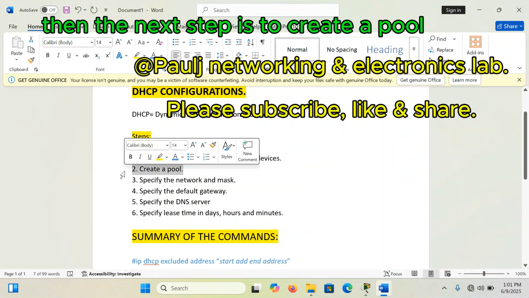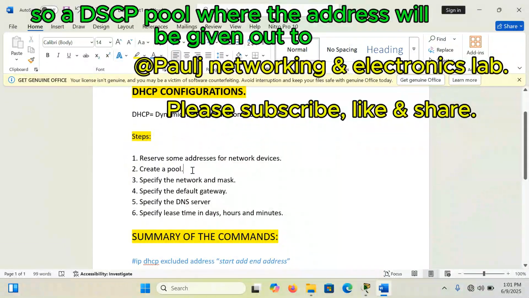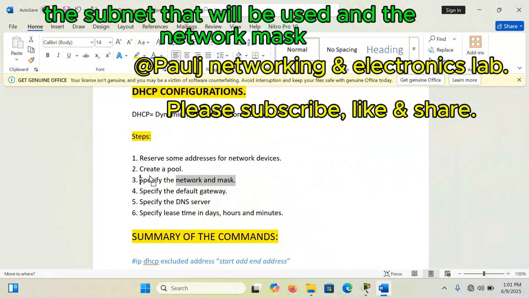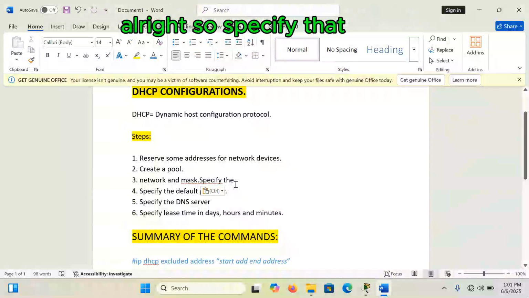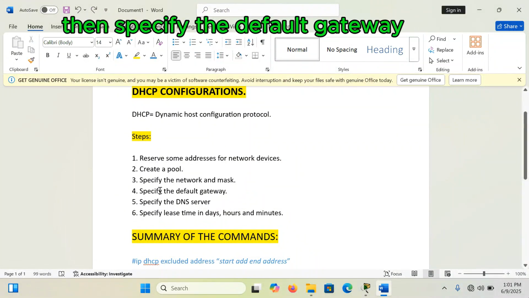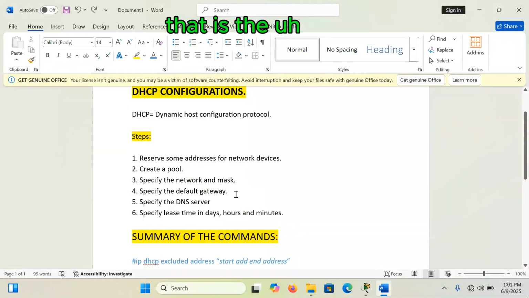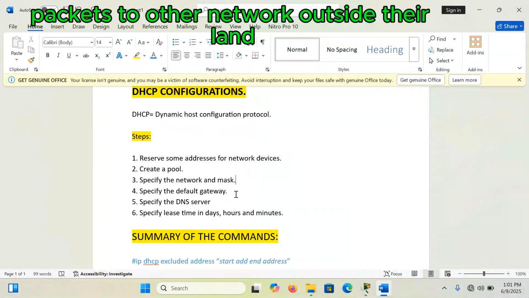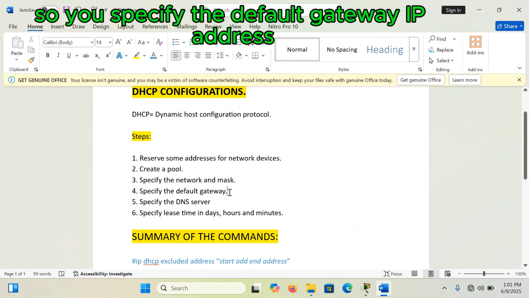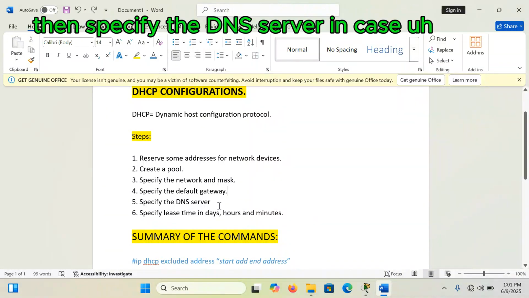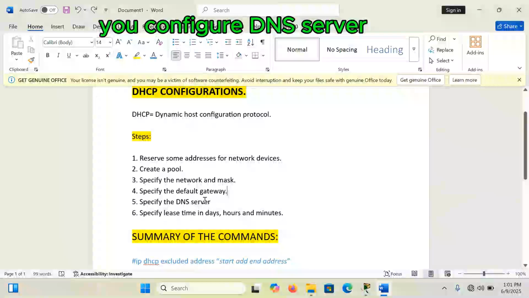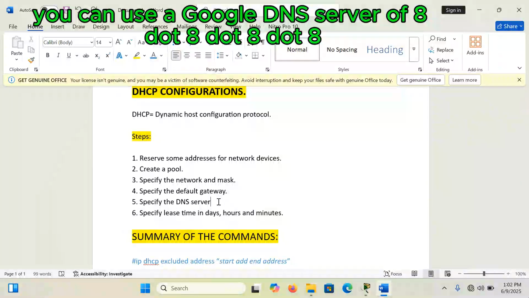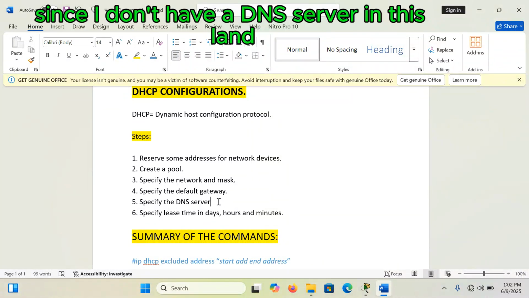Then the next step is to create a pool, a DHCP pool where the addresses will be given out from. So specify the network, the subnet that will be used, and the network mask. Then specify the default gateway, that is the gateway that will be used by the end hosts in case they want to send packets to other networks outside their LAN. So you specify the default gateway IP address, then specify the DNS server. In case you configure a DNS server, you can use a local one. In case you don't, you can use a Google DNS server of 8.8.8.8. Since I don't have a DNS server in this LAN, I will use